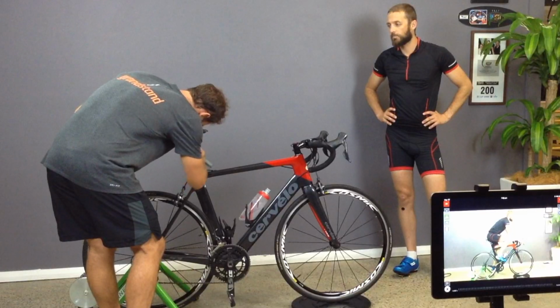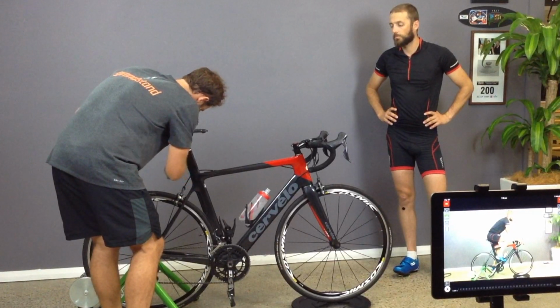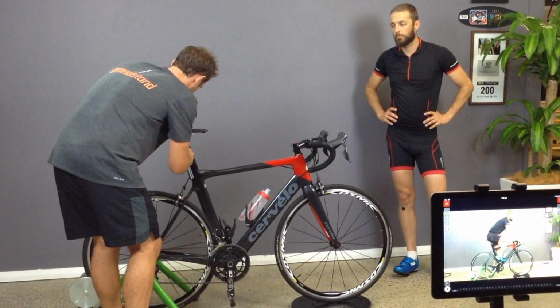Yeah, I think there are some pretty common guidelines. To know how someone should look on a bike is quite straightforward, and we know, for instance, a common one would be that there should be between about 30 and 35 degrees of knee bend at the bottom of the pedal stroke. That's pretty easy to measure and easy to set someone up with, but knowing where in that range they should sit, or when you should put them above or below that range, or where they need to do a stretch, or where they need to change the bike, that's where the art comes in,